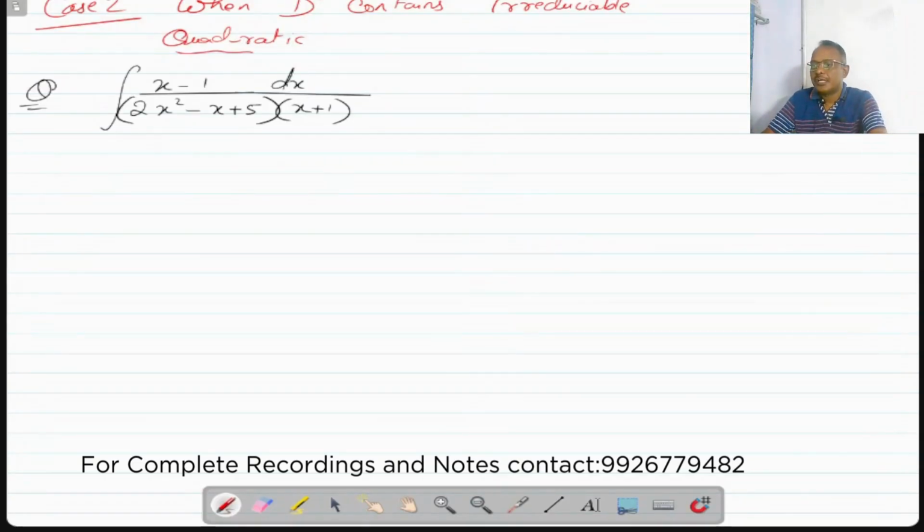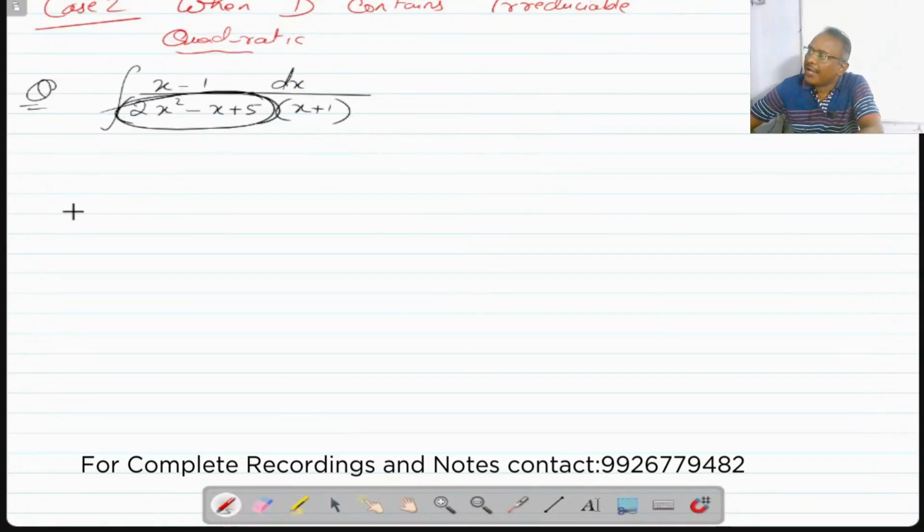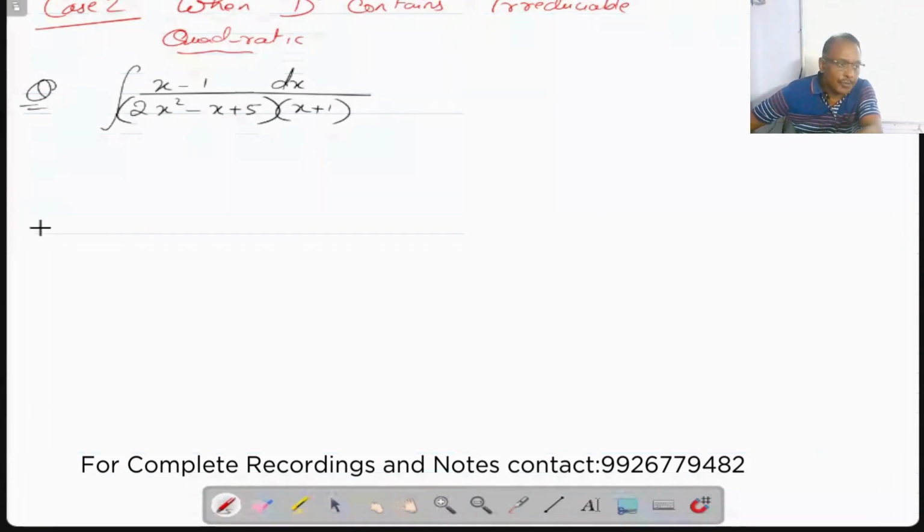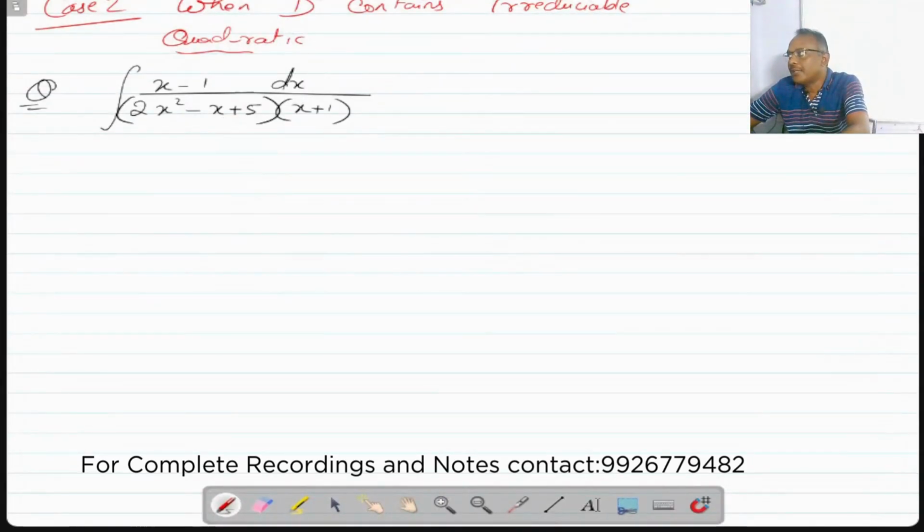What is the degree of the denominator? 3. What is the degree of the numerator? So degree of denominator ज़्यादा है तो हम लोग partial fraction लगा सकते हैं. अभी partial fraction कहता है कि जब भी तुम देखो quadratic है तो you try your best to factorize this. लेकिन कई बार ऐसा होता है कि फैक्टराइज नहीं कर पा रहे हैं, splitting the middle term नहीं हो सकेगा. तो ऐसे केस के लिए पार्शियल फ्रैक्शन कहता